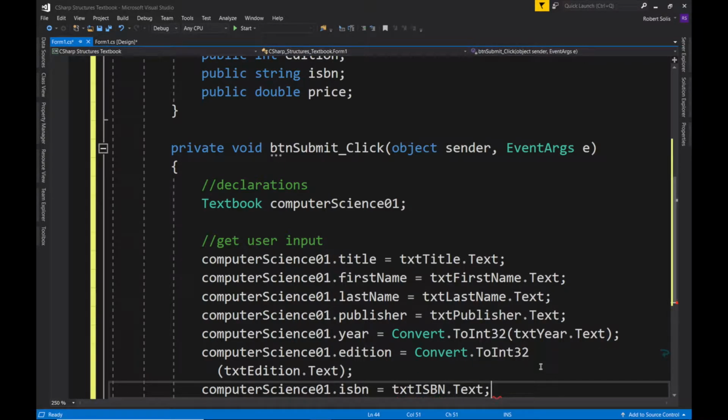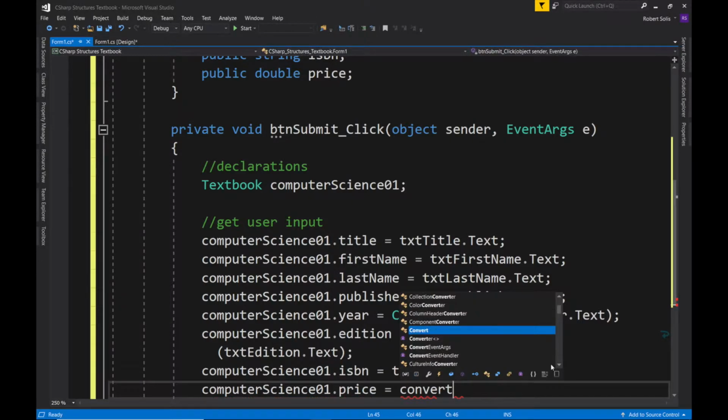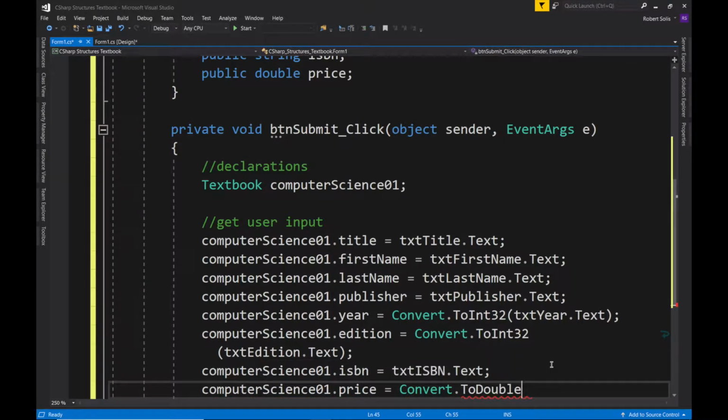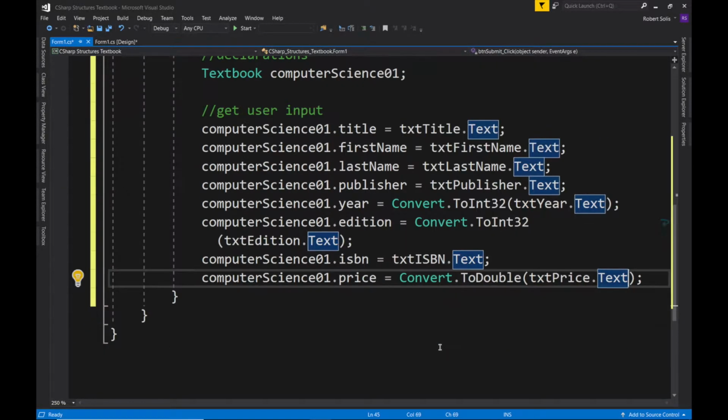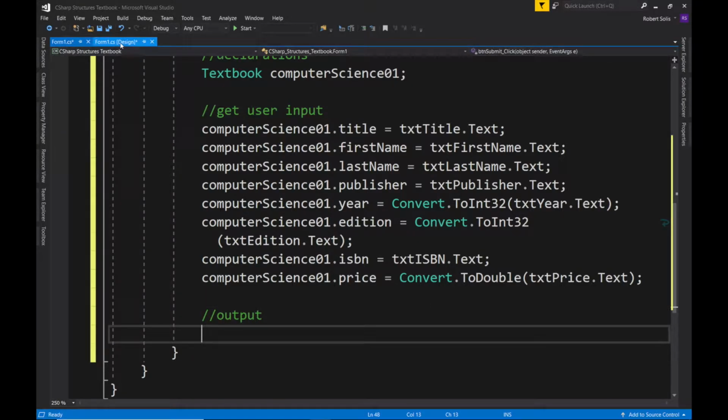Finally, we have the price. So the price, as you can see here, is a double. So this time we're going to have to convert to double. Then I'll get whatever is inside of the text box, which is txt price dot text, and I'll put that into the price. So we've obtained all of the user information, and so now I can output the information to